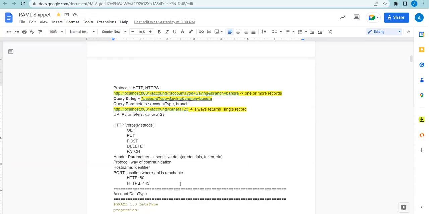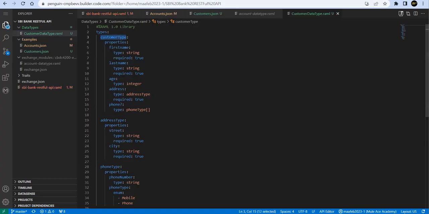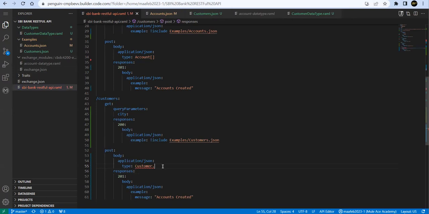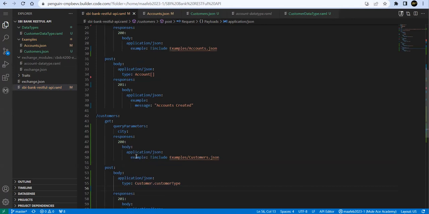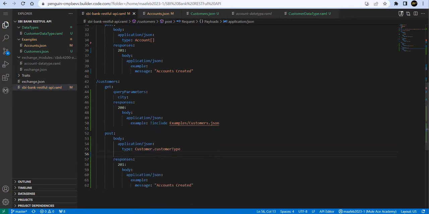So I'll go ahead and, sorry, I'll go back to my root RAML file, where if you say control space, customer type, other types are referred by this type. Okay, the actual data type is customer type. Okay,